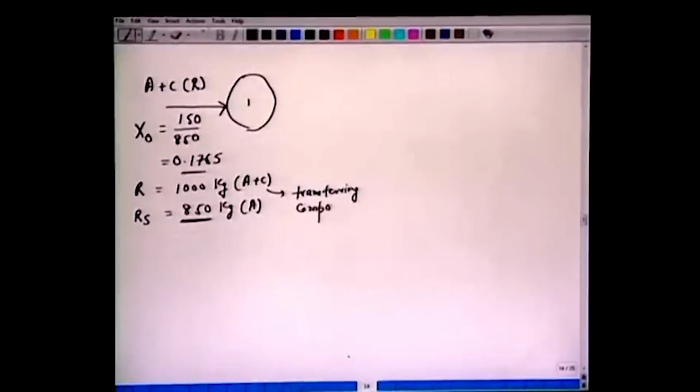Transferring component. We bring this in contact with pure solvent, ES. There is a question, what is ES? It is a fresh fluid, pure. So, Y0 is 0. After treatment of this A plus C, we have the treated fluid A plus C. Now, the mole fraction is x1. And what is x1? We were told that